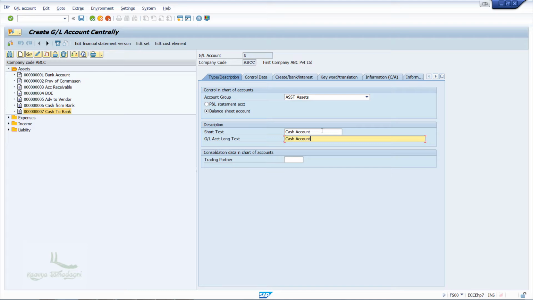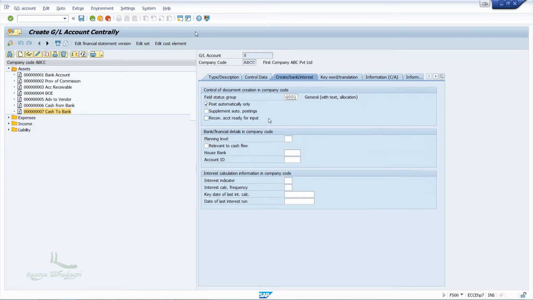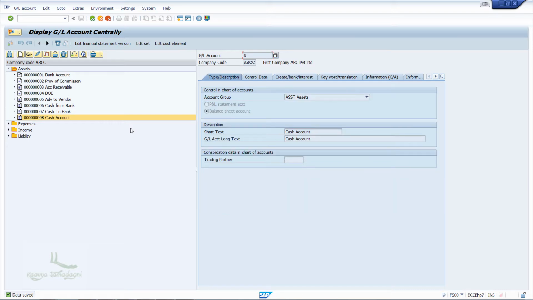Again, I'll click on this create bank interest tab and here there is one more important setting, that is we have to mark the setting of post automatically, so that it gets automatically posted. And now I'll just click on the save button. So, the cash account which we just created is the main account for cash transactions. So, we just now created 3 accounts under the assets related to cash transactions.